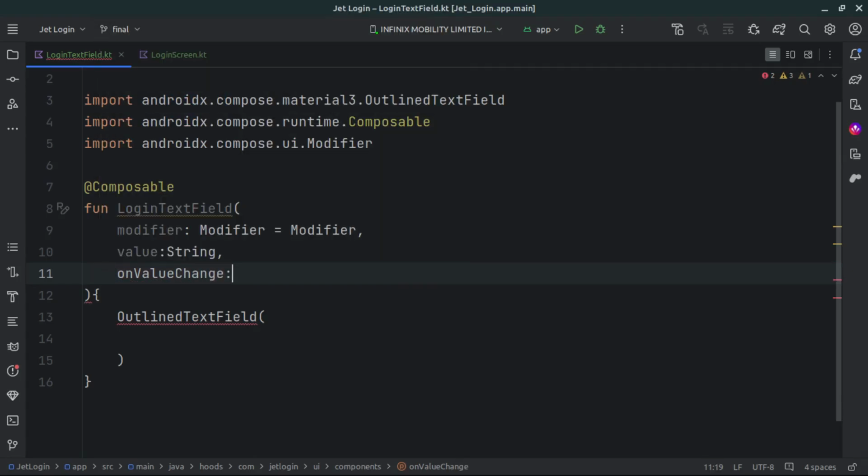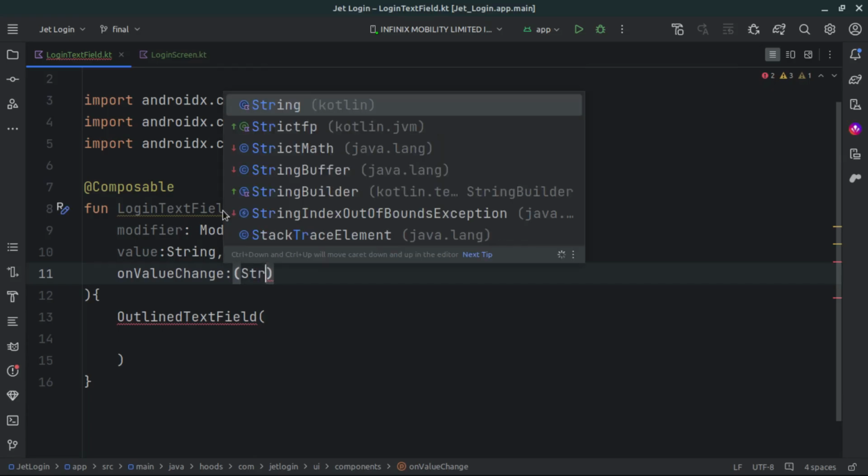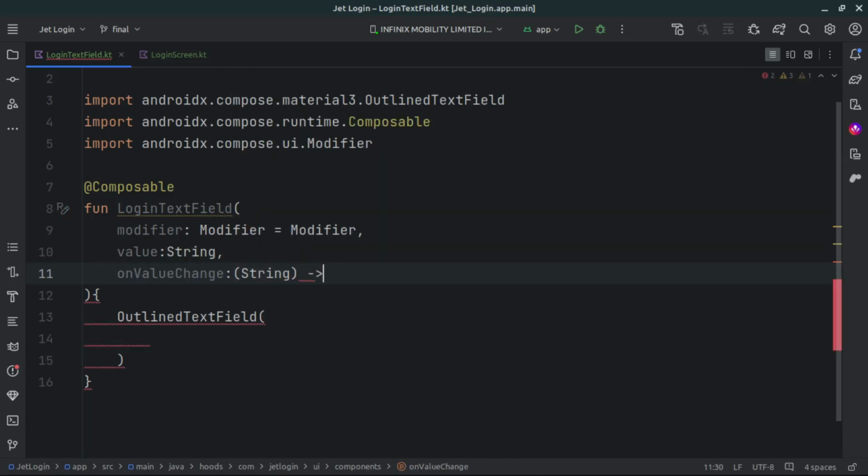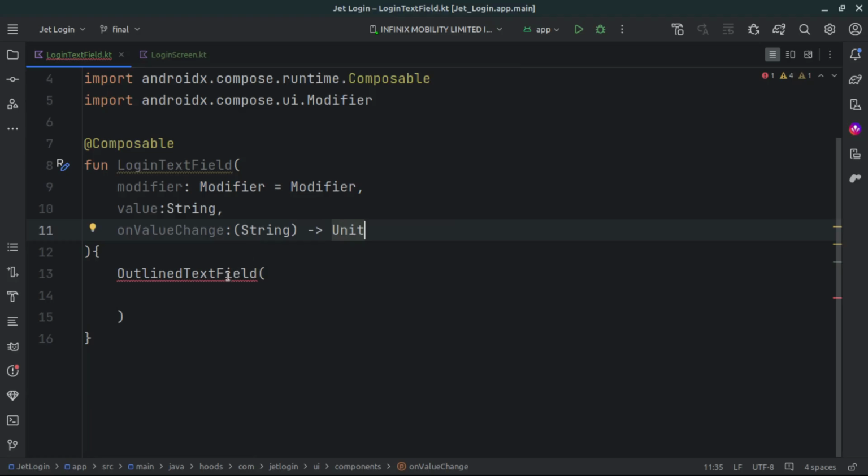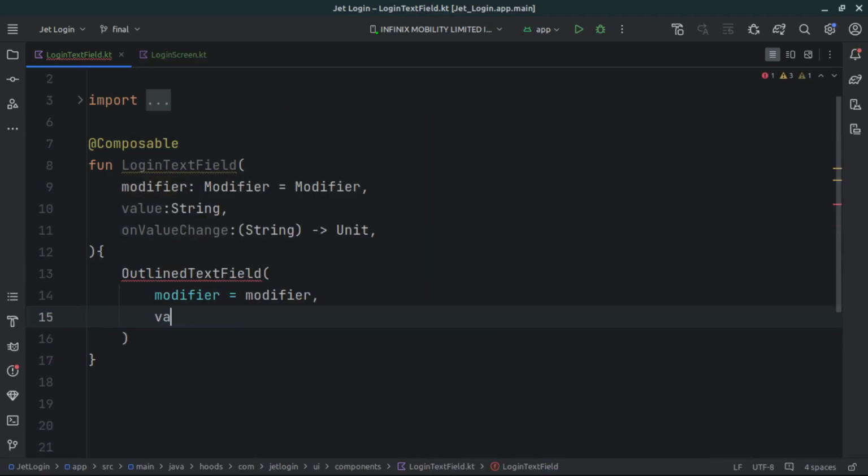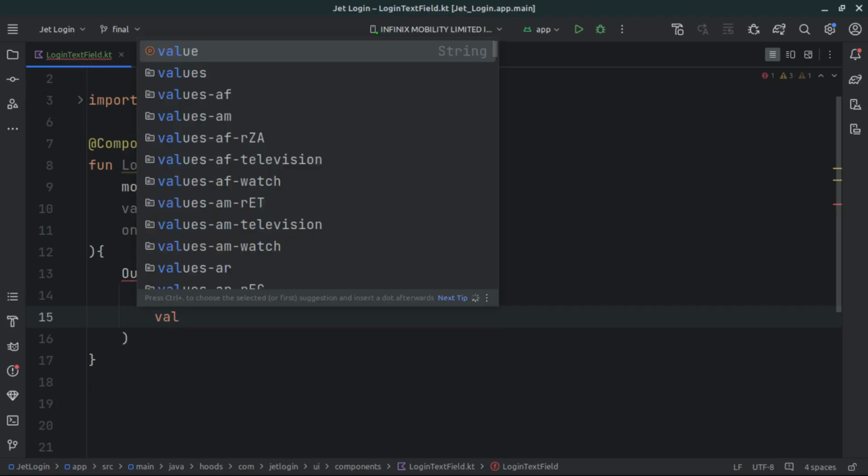Okay, so on value change here is going to take up a string lambda. So we are going to have a lambda function and we are going to see why. Okay, so these are the basic parameters which we require for now. We have to pass in here a modifier. Okay, so here we have to pass in the required parameters. So we have